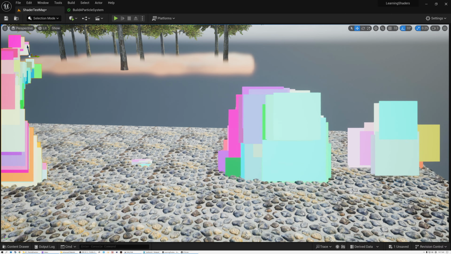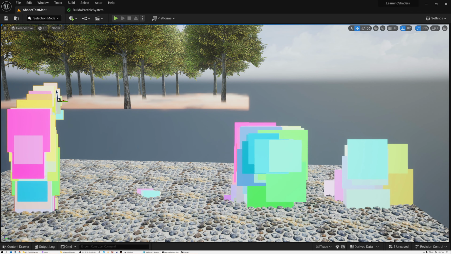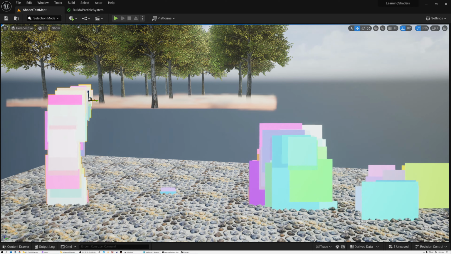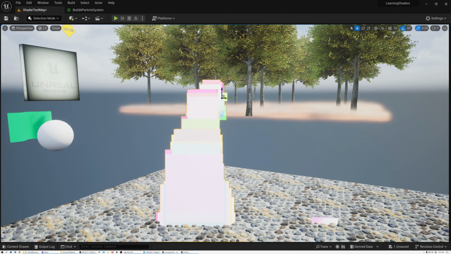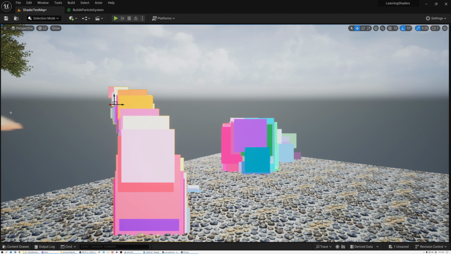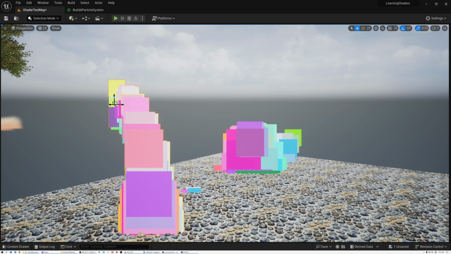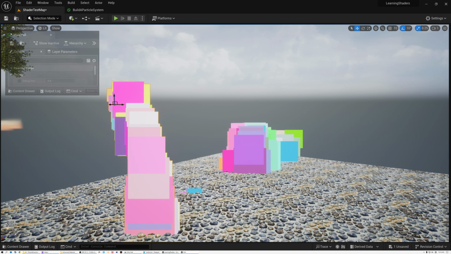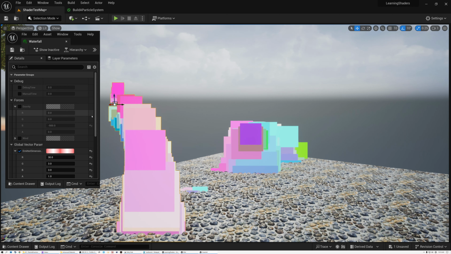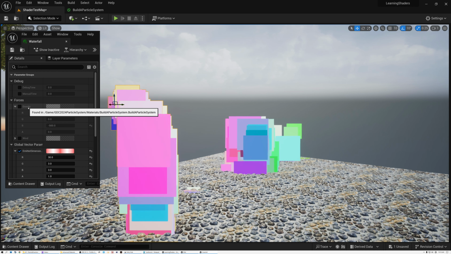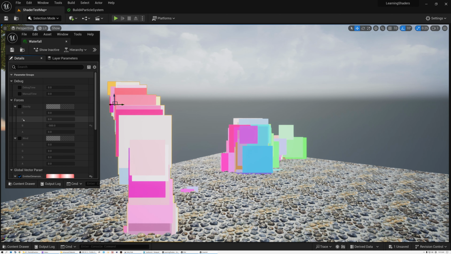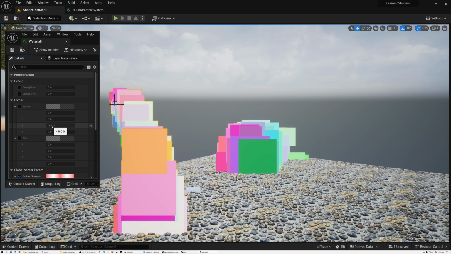Okay, this looks a little bit more realistic. You can kind of see our particles are moving down in response to gravity now. So let's go ahead and open up some of our material instances and see what we can do by playing around with our material parameters. First, let's take a look at our waterfall here. So this is our material instance that controls the waterfall. And you can see that I've added the forces category here. Now I have gravity and wind. Wind is just defaulting to 0, but gravity is defaulting to negative 500 here,